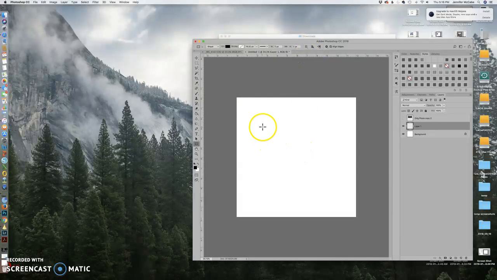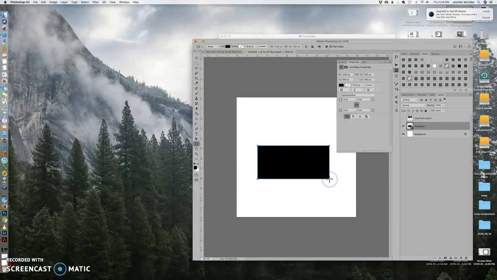Here is my cross hair. I am going to click down and then drag across my page to get the shape that I want. Remember, we don't want it to be a full 3x4 or 5x7 typical photo shape. We need to leave room, wherever we want room, on the side, the top, the bottom, for those pixels for your title. All right, so I'm going to make it a short, smushy box like this. When I get the shape I want, then I release my mouse,